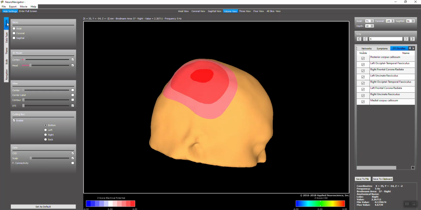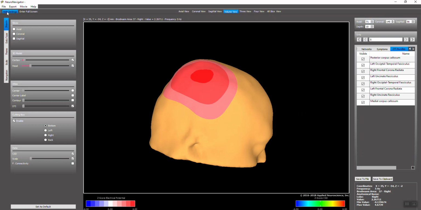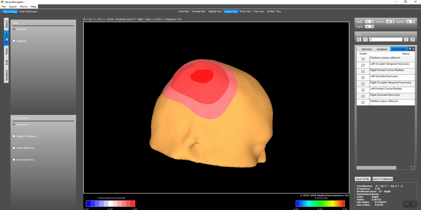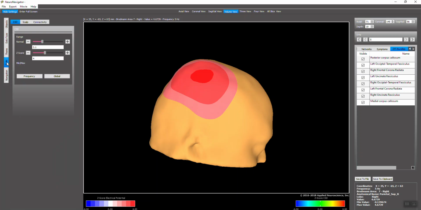I'm going to just quickly show you the controls. This is object. You can hide these controls. You can activate controls. You can go to a full screen. And right now we're in objects. We can look at different data types, Laplacian. Here's the Laplacian. Here's the electrical potential. In connectivity, we can look at phase differences, lag coherence, information flow, and we can change scales of z-scores or